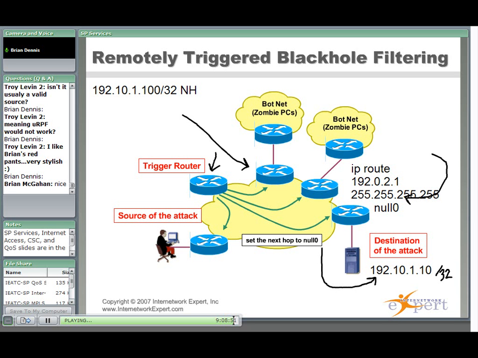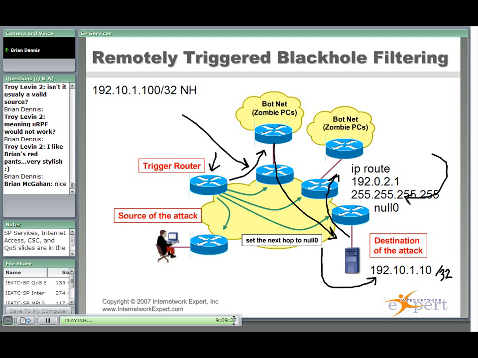Once the server's not under attack anymore, you essentially remove this here, so that these other devices do not pick this up. Basically, the trigger router is going to use a static route. We're going to look at the exact configs in a second. It's going to have a static route that's redistributed into BGP. So you can have a static route that says to get to 192.1.100/32, go to 192.0.2.1. Or you could put it to null 0, whatever, because in your route map,